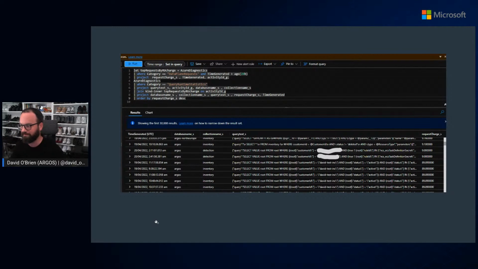One gotcha though. On the right, the column you can see is request charge _s. It seems like request charge is actually a string, not an integer. So in the documentation, and I do need to probably report that, it says order by this string, and it doesn't properly order by the number of the request charges.